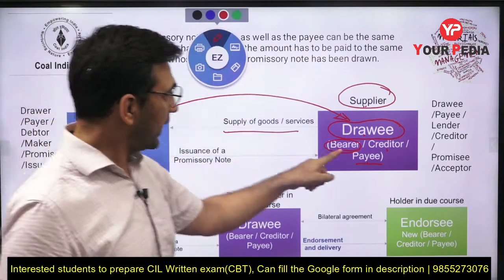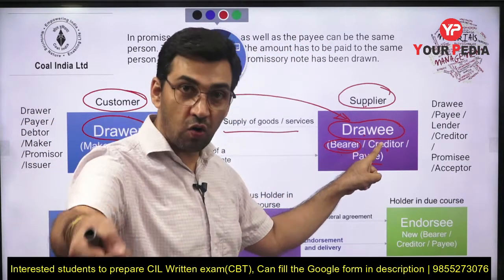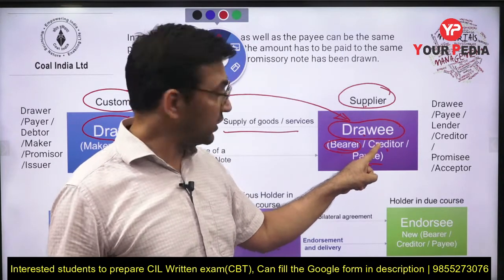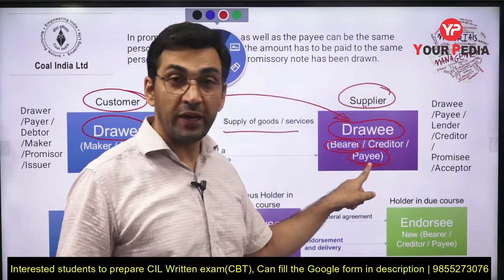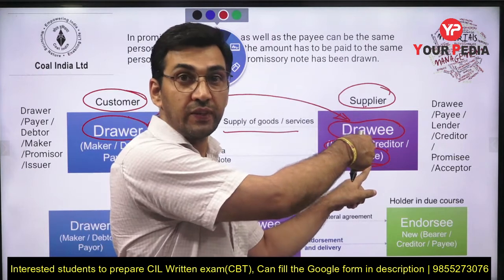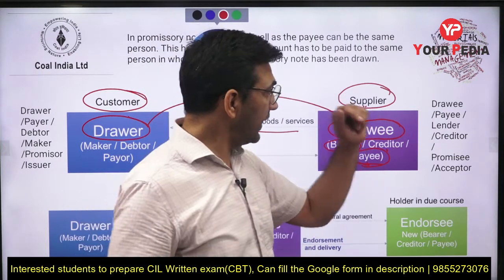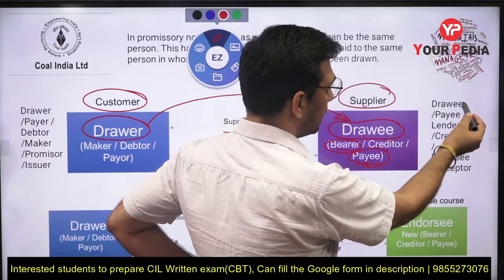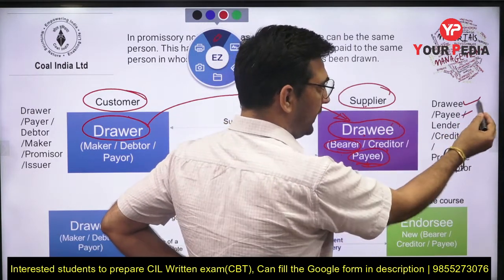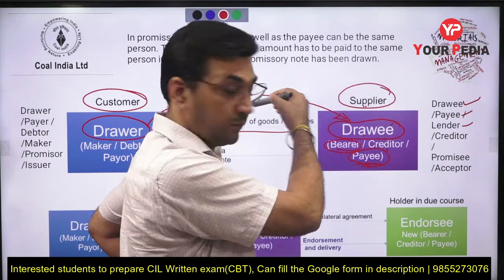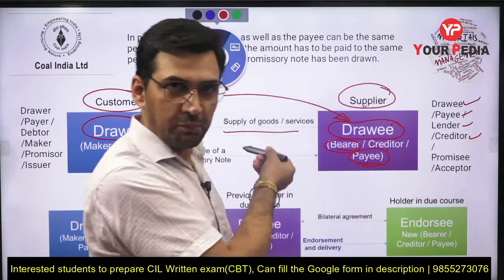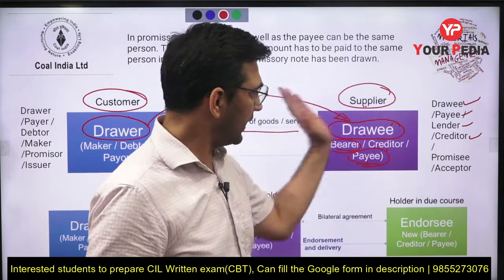So that is the drawee, in whose name you have drawn that particular promissory note. He is also the payee. Payee, why payee? Because he will receive, that entity will receive the money, right? And in addition to it, just have a look. Drawee, payee, lender (उधार देने वाला), creditor meaning is same, creditor lender उधार दे रहा है, ये supplier उधार दे